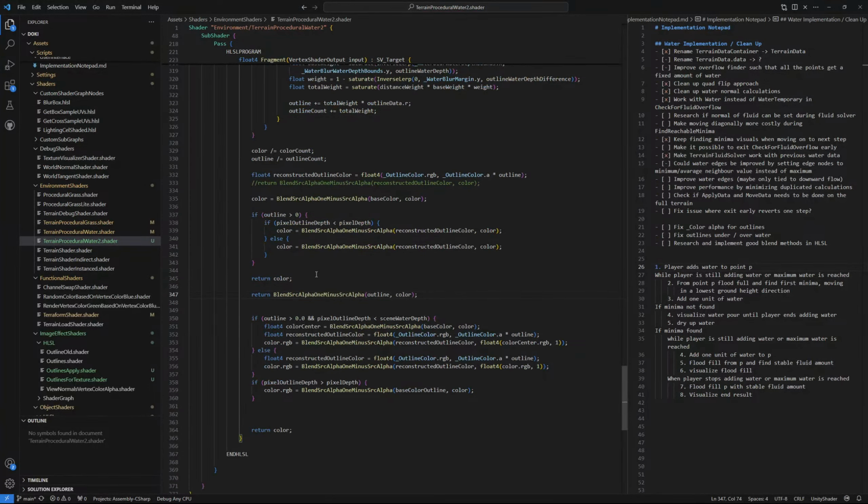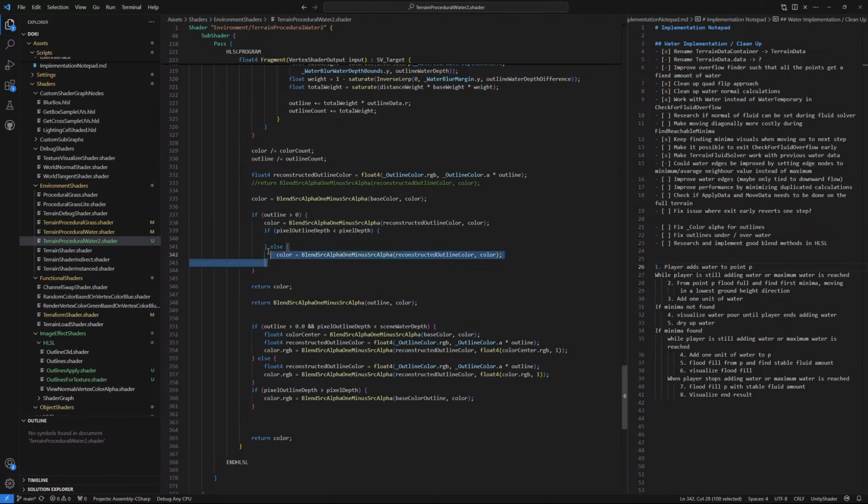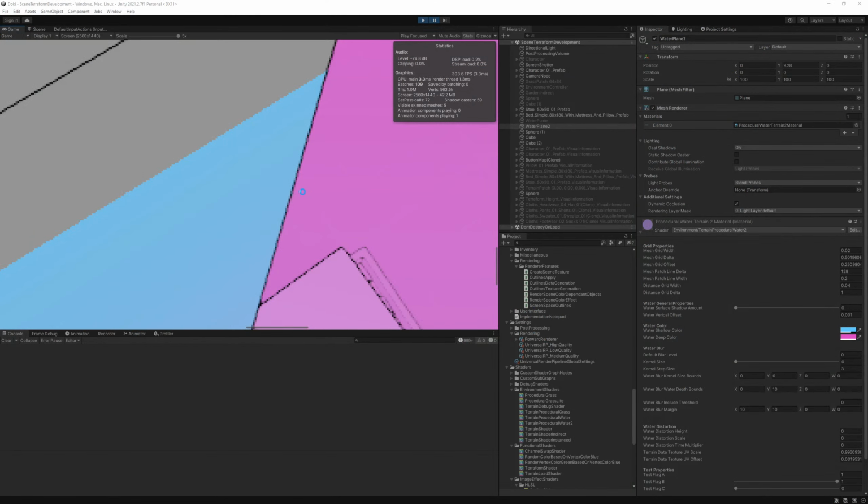Okay, so what I wonder if we want to do lastly is, so we actually just want to do this here, skip this, and now we just want to apply the watercolor on top of the